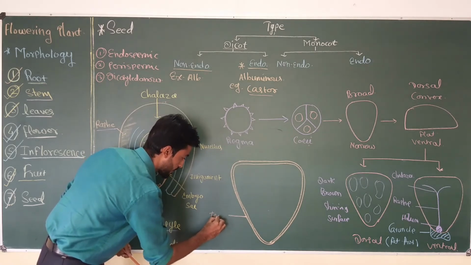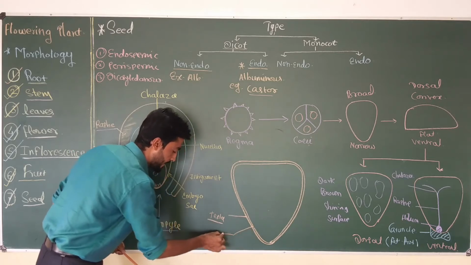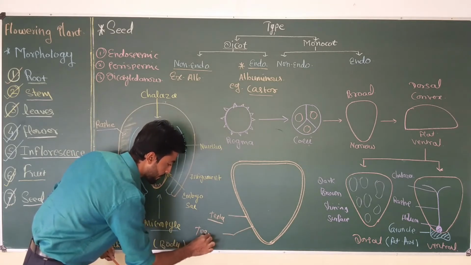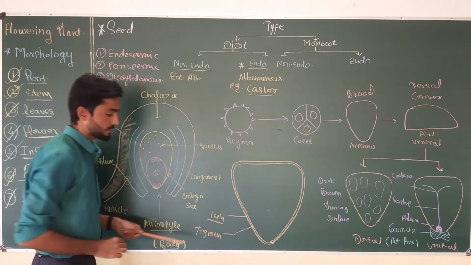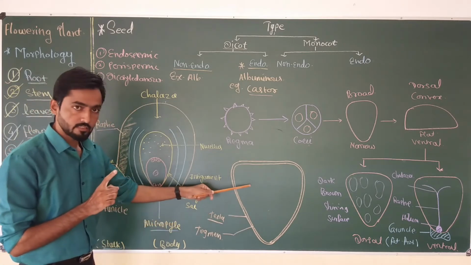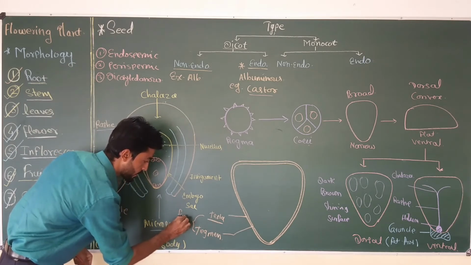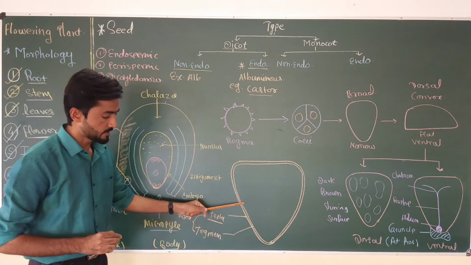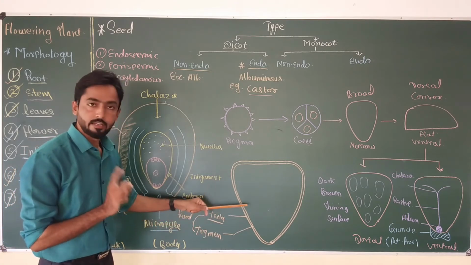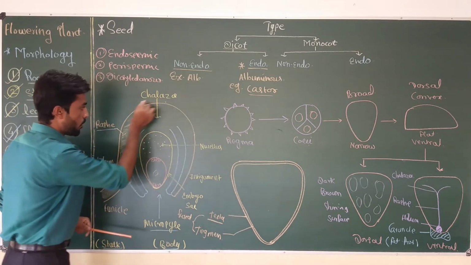The outer layer of the seed coat is testa, while the inner layer is tegmen. But remember that testa and tegmen in castor seeds are fused with one another. You cannot easily separate testa and tegmen in castor seed. And both these layers are produced from ovule